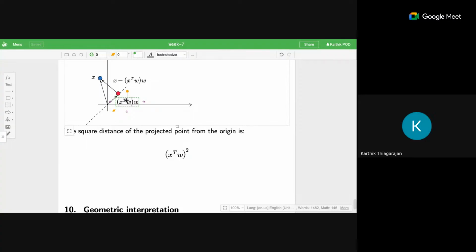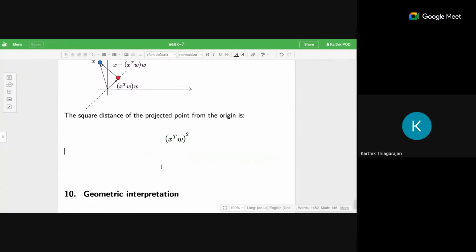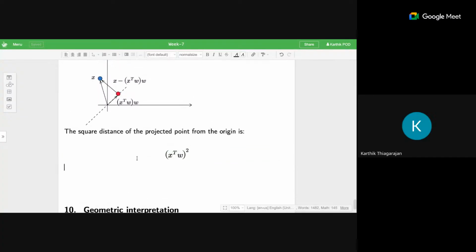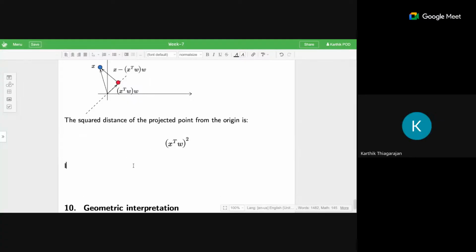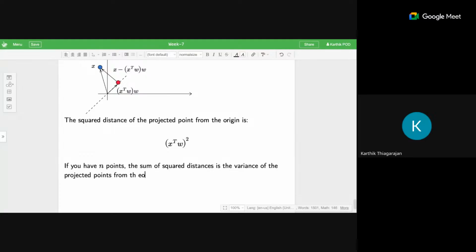So if you take this transpose this, you will end up with X transpose W whole square. Okay, so does everyone agree that this is the squared distance? Yes, sir. Okay, so if you have n points now, the sum of squared distances